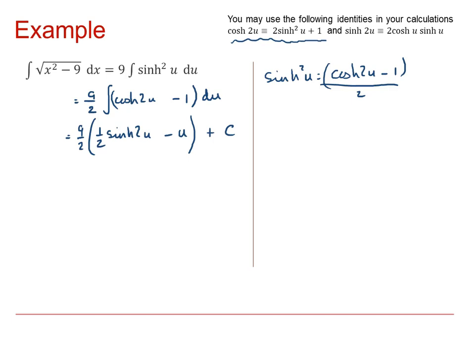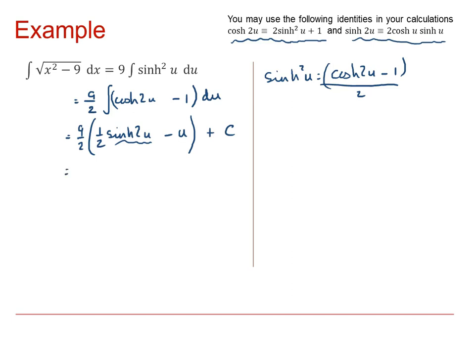This of course is a function of u, and we want to be able to get it as a function of x, so we need to reverse the substitution. Before we do that, however, we've got to deal with sine 2u, so there's another identity that we can use. Sine 2u is 2 cos u sine u, so instead of 1/2 sine 2u we get cos u sine u,